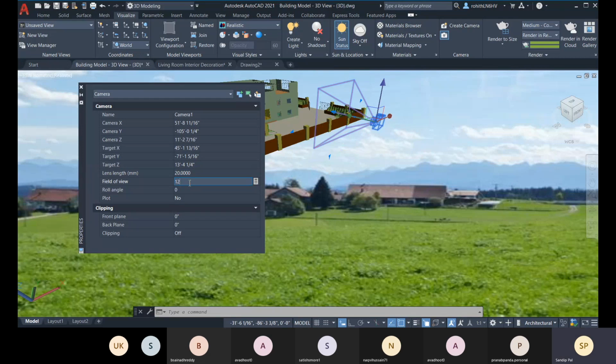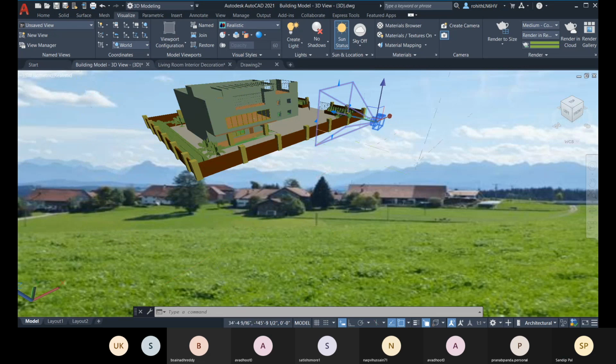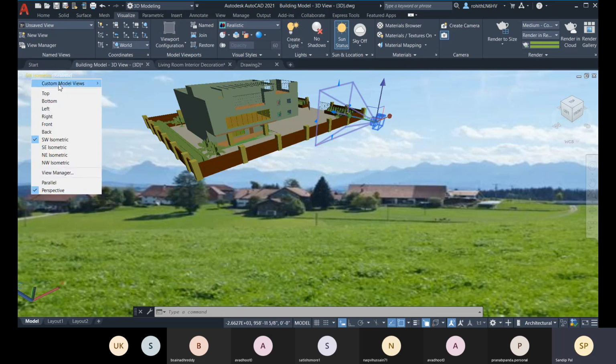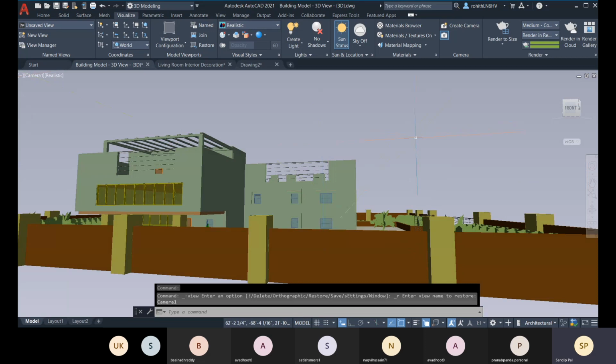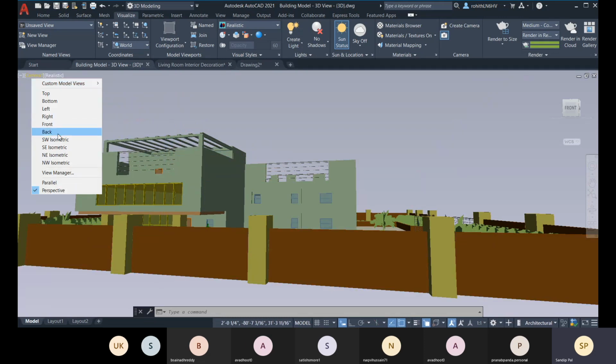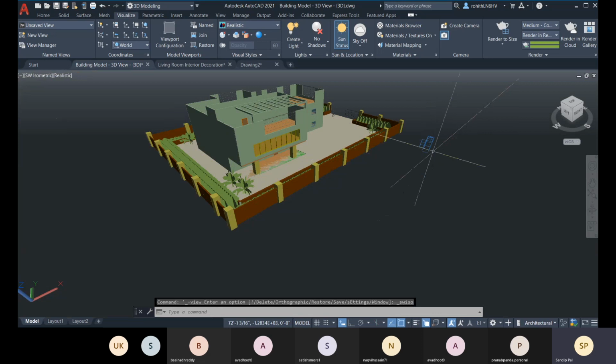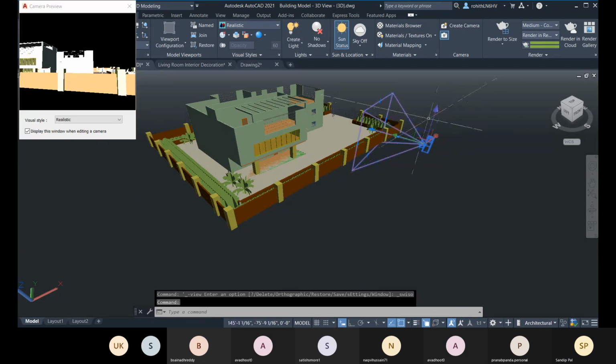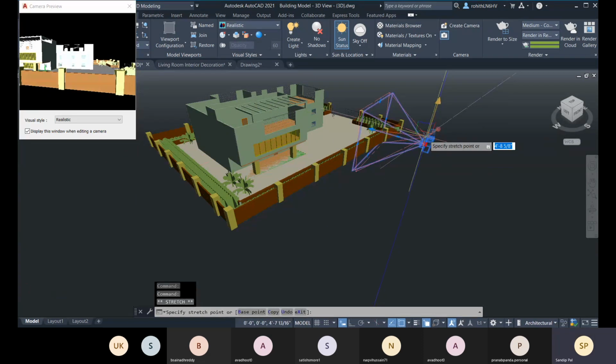So let me go for like 100 or 80 is fine. Let's go for that. Okay, and now let me set this to this camera one, and that is set. And about the position, I need to just change the camera position there. So that will be the final one. About the camera position there.